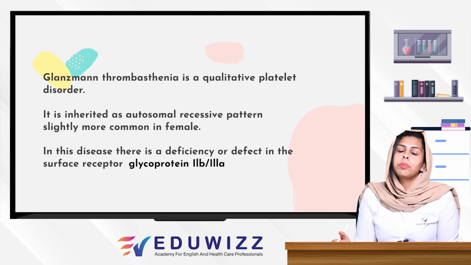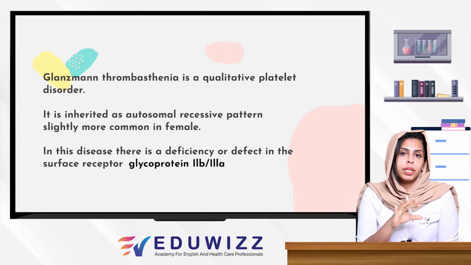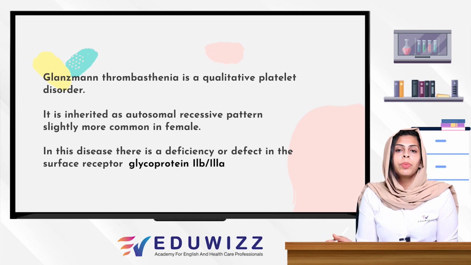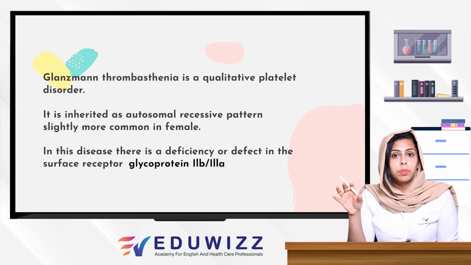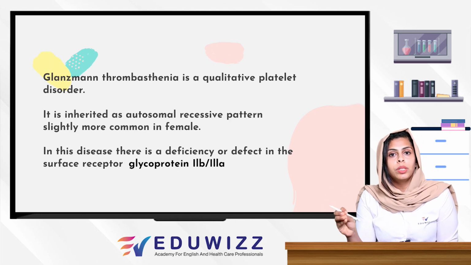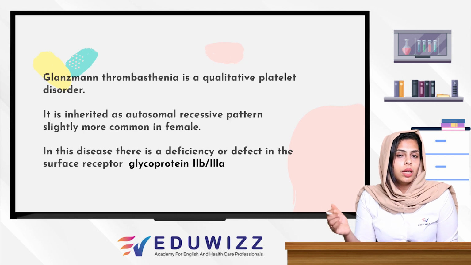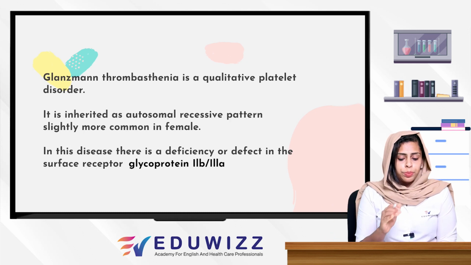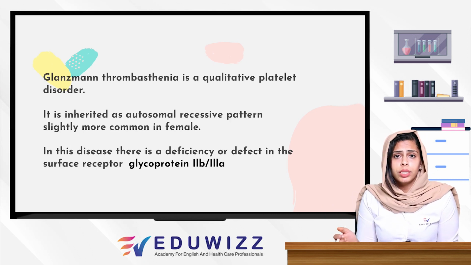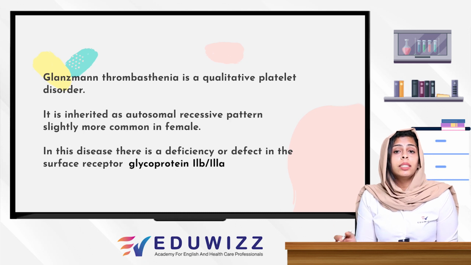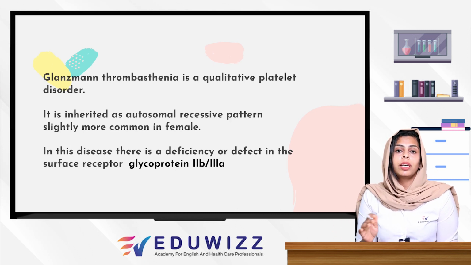Platelet disorders can be mainly classified as qualitative platelet disorders and quantitative platelet disorders. Qualitative means there is a defect in the platelet structure, and quantitative means there is a decrease or increase in the number of platelets. Okay, so Glanzmann thrombasthenia is a qualitative disorder, and it is an inherited autosomal recessive condition